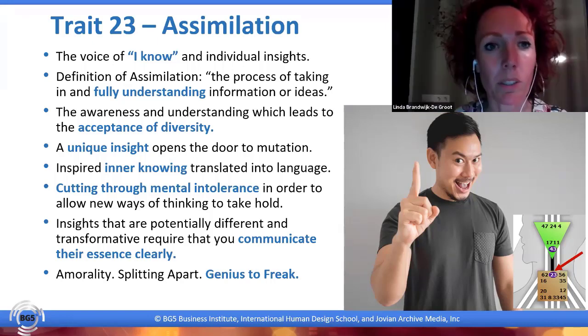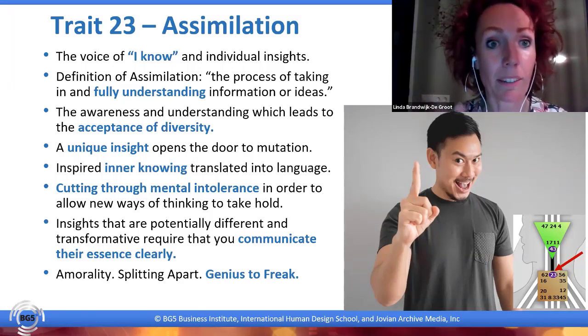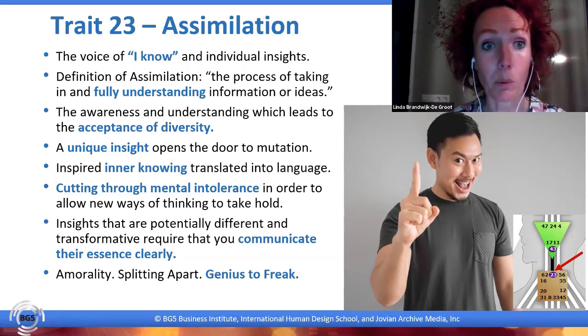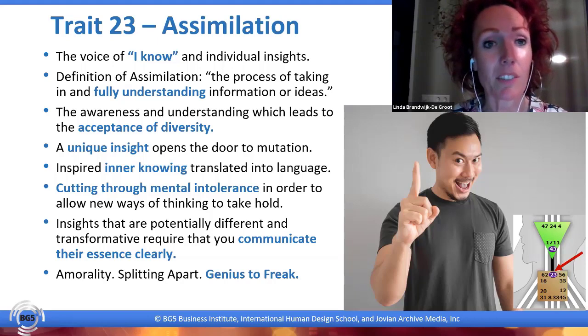And what I notice with clients related to these times that we are in is that there are clients who are really pondering what's happening in the world. And then they have these unique insights, and they are going to share that with their family or friends, and they get rejected big time. And then they are perceived as a freak. So that's just what I notice with some clients.